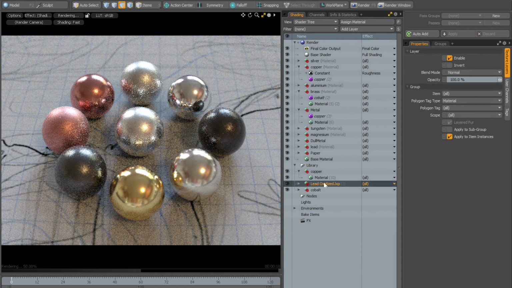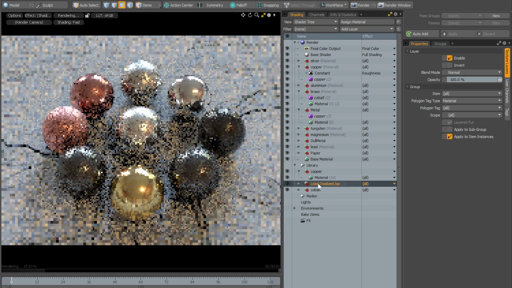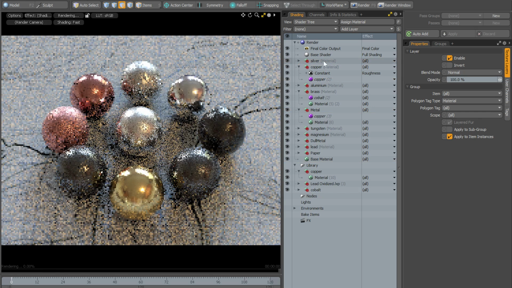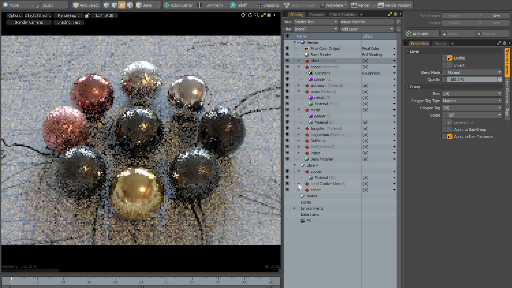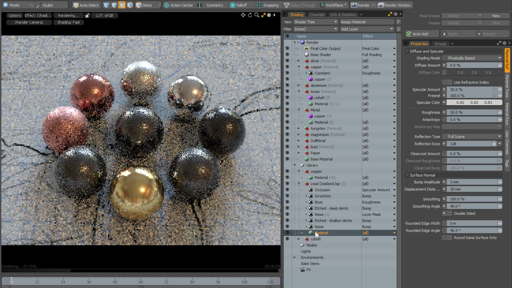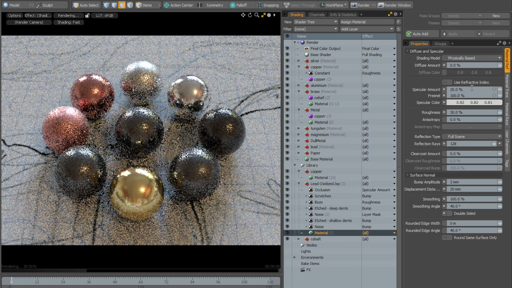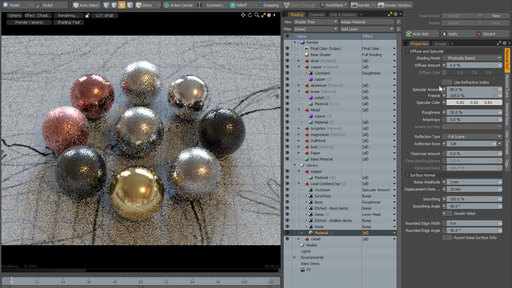So now that I've dragged this preset into my library, I can apply it to multiple items in the scene simply by dragging and dropping it in the shader tree. And once I've applied it to different items, I can tweak everything in one place in the material library. So let's say I decide to increase the specular amount. You can see as I do that, it'll update both the materials that have had the